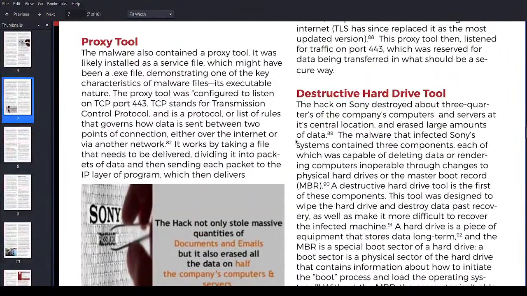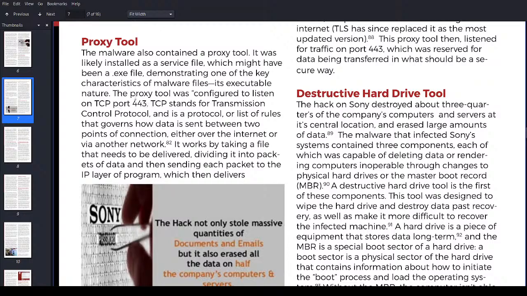A proxy tool. The malware also contained a proxy tool. It was likely installed as a service file, which might have been a .exe file, demonstrating one of the key characteristics of malware files: its executable nature. The proxy tool was configured to listen on TCP 4443.